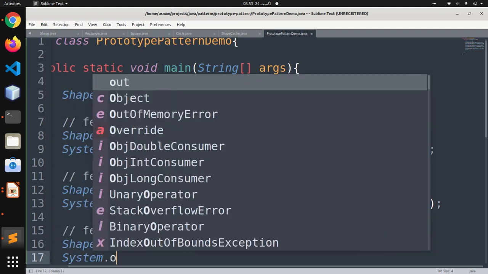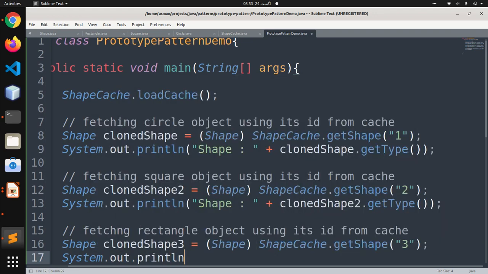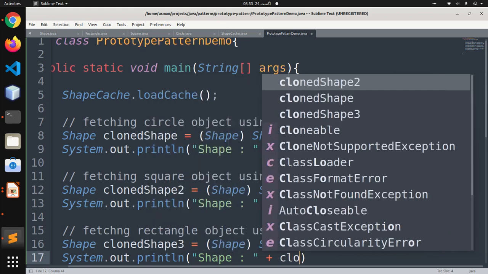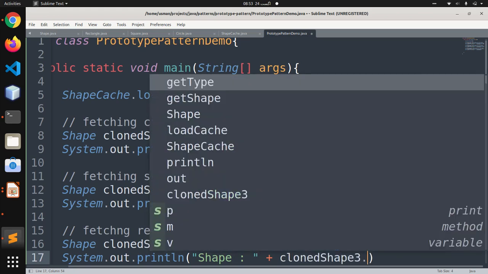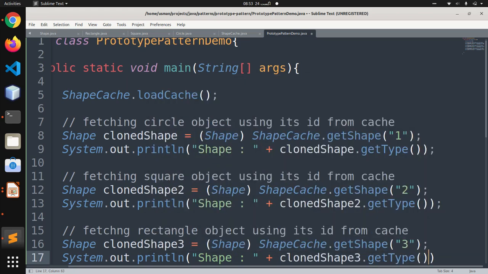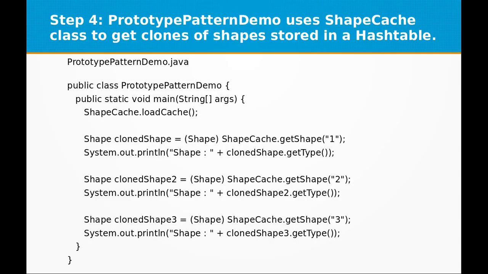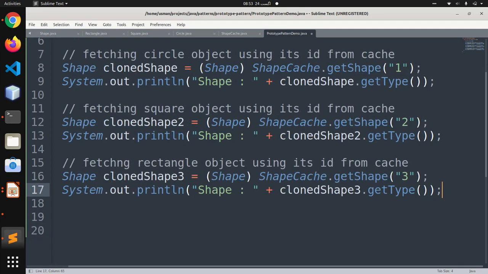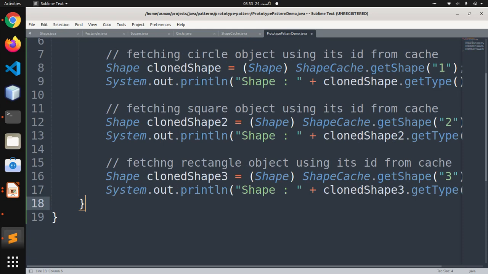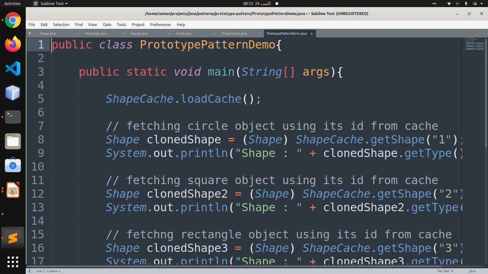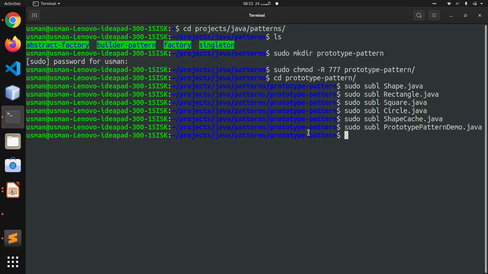And now we are going to System.out.println on the terminal, "Shape:" and clonedShape3.getType(). Okay, so we are done with our prototype pattern demo, and we are going to execute our application on the terminal.